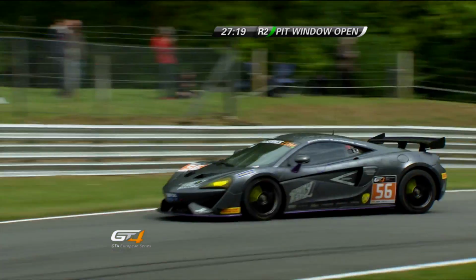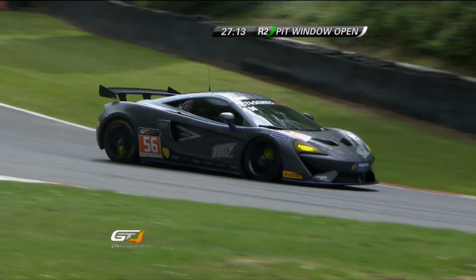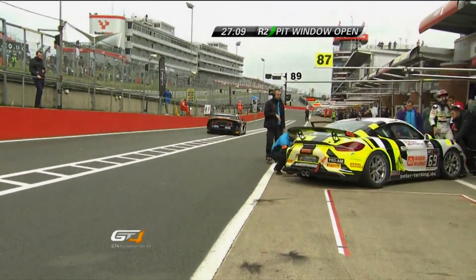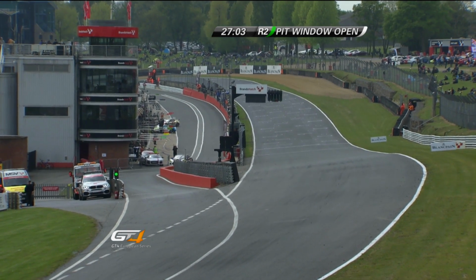So it'll either be this time around, in fact I think to be on the safe side it should be this time around. We have 2 minutes and 15 on the clock and they're lapping at 1 minute 34, so it'll be relatively close to fit in one more lap for Joe Osborne. What we are going to see is the Ginetta coming out of the pits. Tom Hibbert now on board,